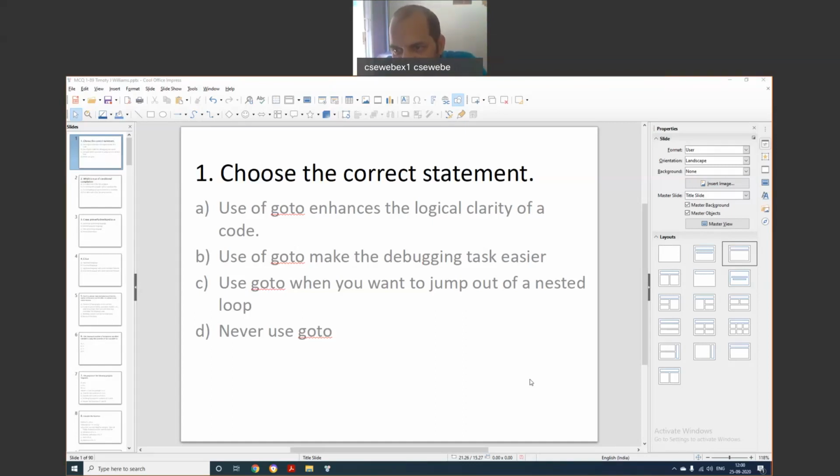Is this okay? Right. Now, goto statement, goto label will be there. The label may be anywhere in the program, in the top side or the bottom side of the goto statement. So you can't tell whether it will go to the top side or bottom side when we use goto.